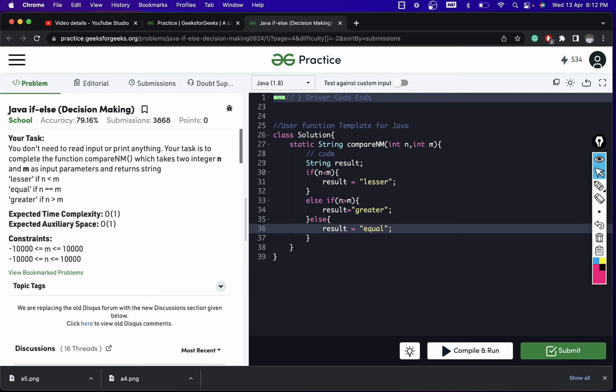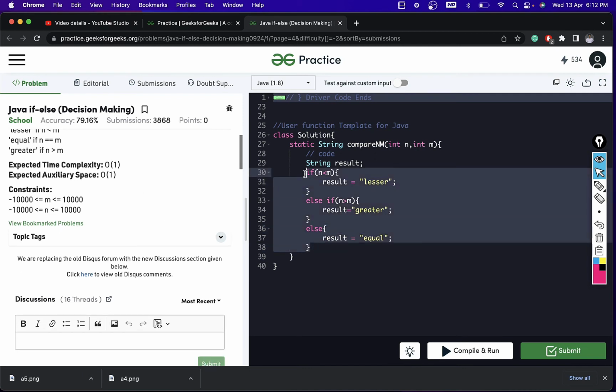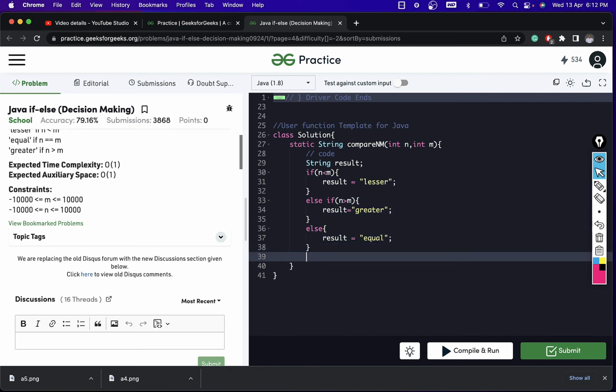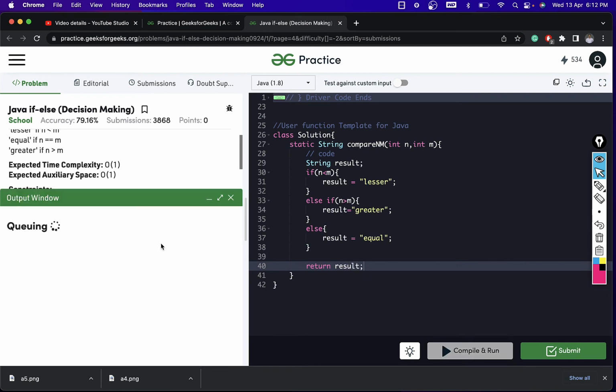Okay, I hope I have covered all three things. I will give a space over here so that you can see it more clearly. So you can see I have covered lesser, greater, and equal. That was the only thing which we have to do. Now what do we have to do after this if else? We just have to return the result. So return the result. Clicking enter, compiling and running and seeing if we are getting our output, which is exactly